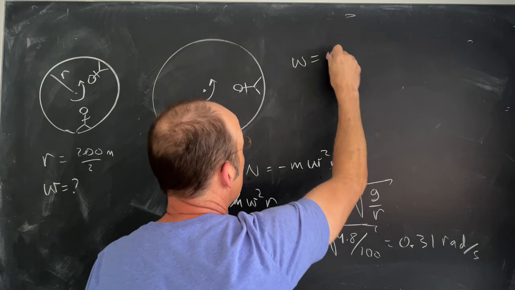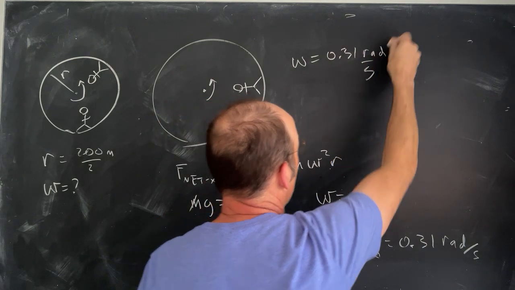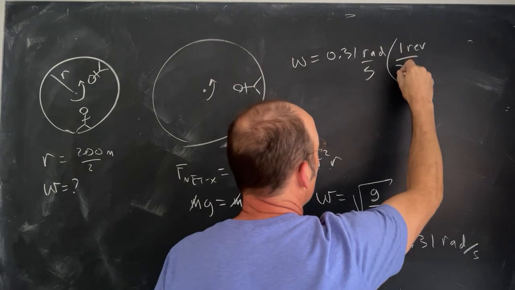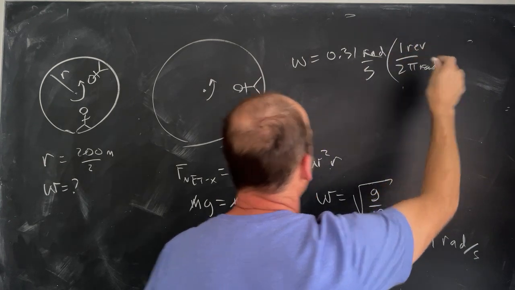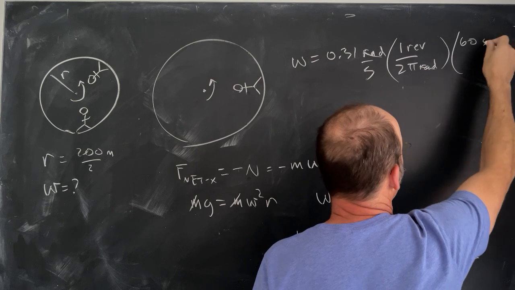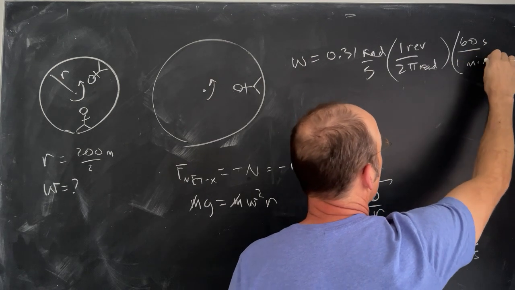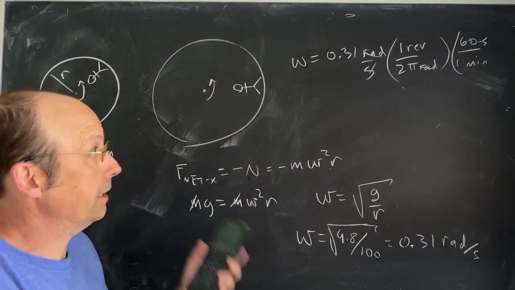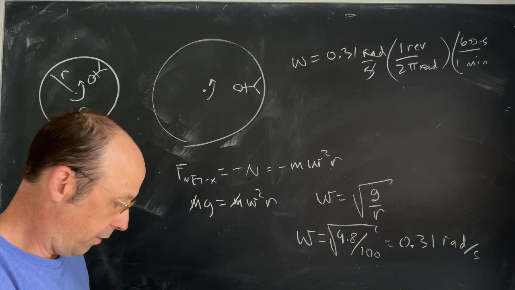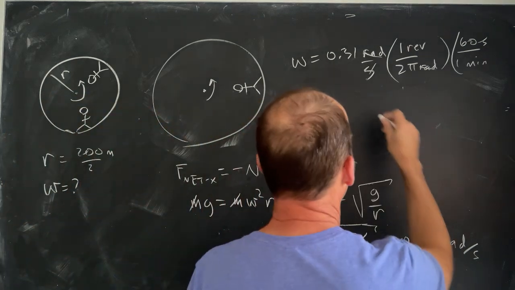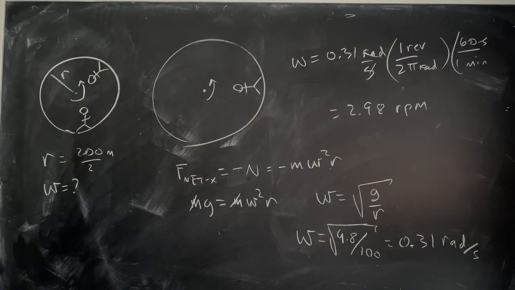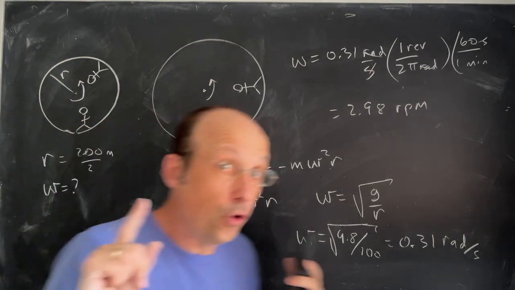Not too bad. Let's just convert that to RPM just because I think it'd be useful. So omega is 0.31 radians per second. And so I'm going to convert the radians first. So to convert radians, I can say 1 revolution is 2 pi radians. And the radians cancel, even though the radians aren't even really a unit anyway. And then I want to convert seconds to minutes. So I'm going to say there are 60 seconds in 1 minute. And the seconds cancel. So if I take that value, multiply by 60, divided by 2 pi, so 60 times 2 divided by 3.1415 divided by, I get 2.98 RPM, which is actually kind of fast,